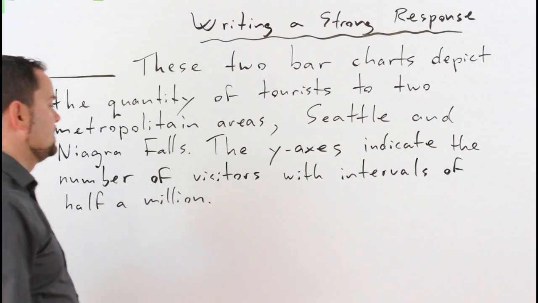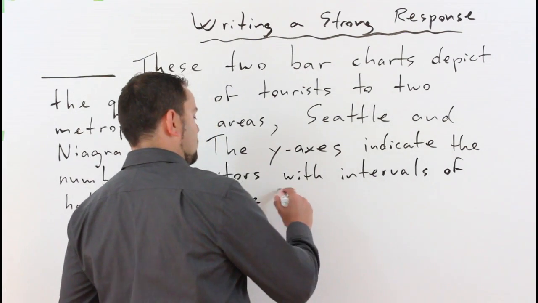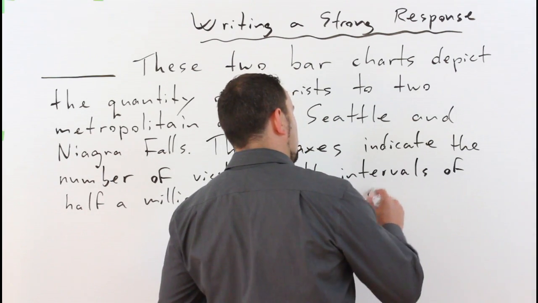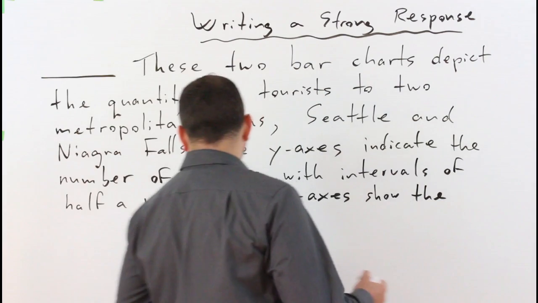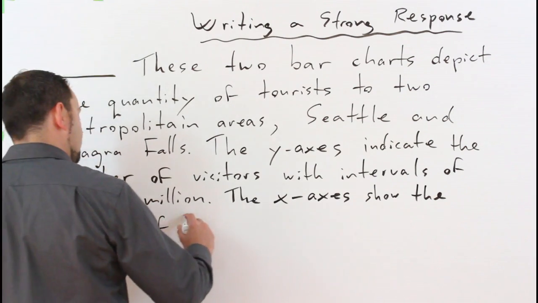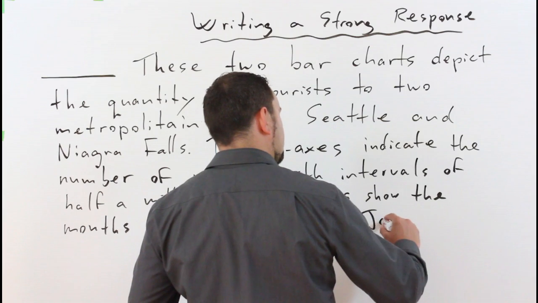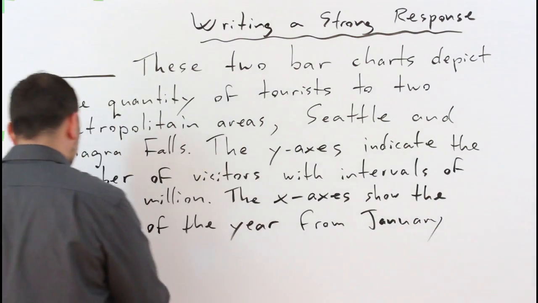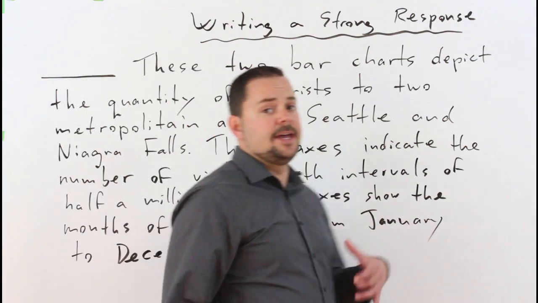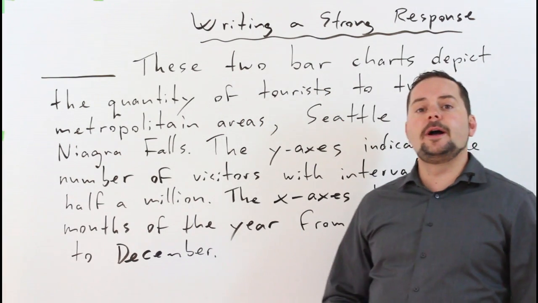Okay, and then the x-axis. So the x-axis shows the months of the year from January to December. Okay, and again, before you sit the IELTS, just make sure that with common measurements and words like days of the week and months of the year, you're very clear on the spelling of